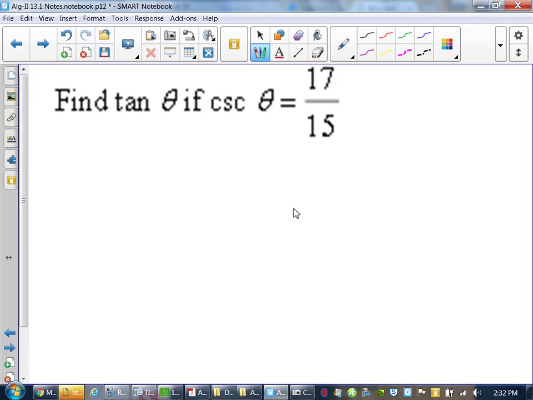Remember, when you're dealing with your trig functions, you have sine, cosine, and tangent. Cosecant, secant, cotangent. Now, sine is what over what? Opposite over hypotenuse. Cosine is adjacent over hypotenuse. Tangent is opposite over adjacent. So that means you flip these around, you get